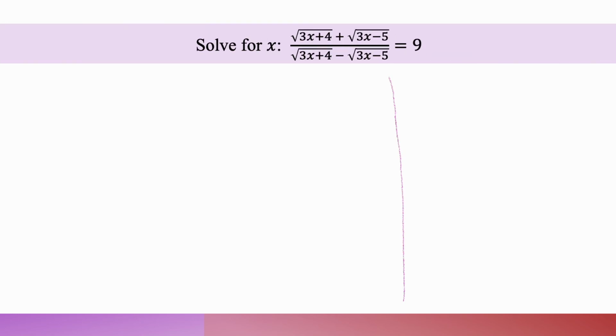Another type of question that can come from this topic is: solve the equation for the variable x. The equation is (square root of 3x plus 4 plus square root of 3x minus 5) upon (square root of 3x plus 4 minus square root of 3x minus 5) equals 9. Here 9 on the right hand side can also be written as 9 upon 1. And now applying the property of componendo and dividendo,